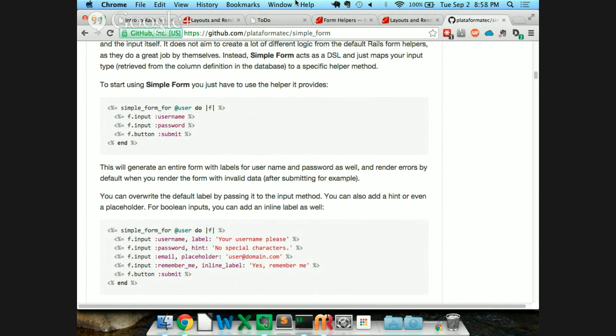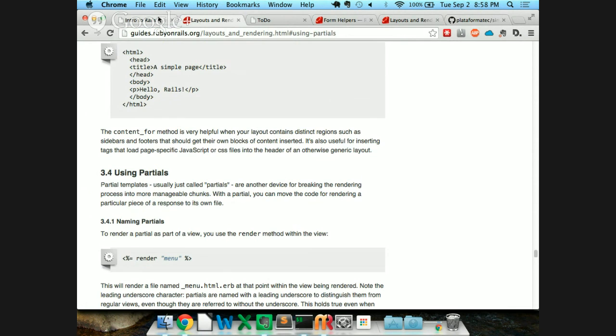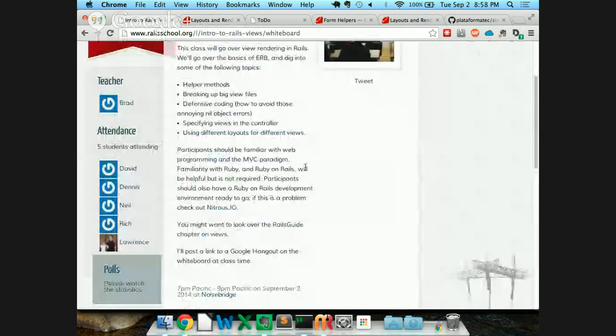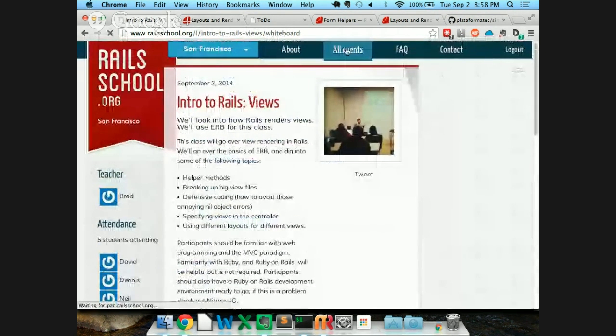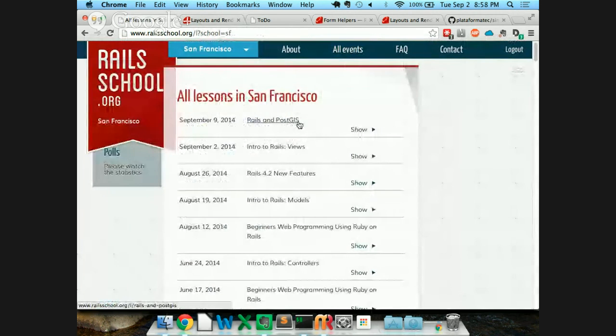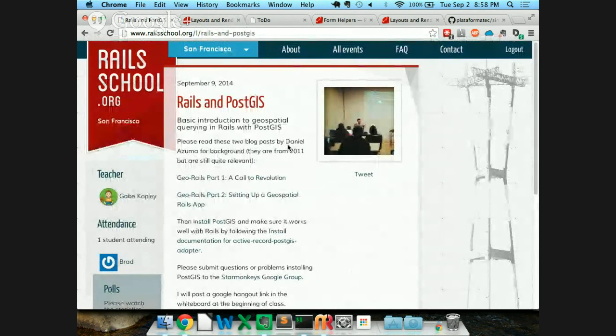Yeah, of course. Are there any other classes? Oh yeah, there will be. There's another class next week that Gabe is teaching. Same time, same place, and it's about Rails and GIS. I am actually going to try to come to this. It sounds kind of cool. Gabe's probably doing something for work that's super cool. So it's pretty ad hoc now. What's that? No, Gregory does. One of the Russians. Gregory's been